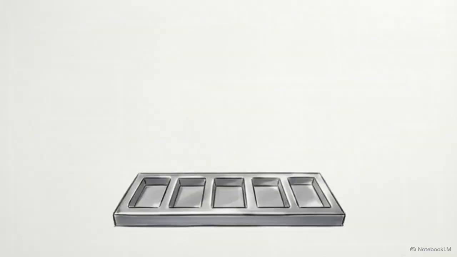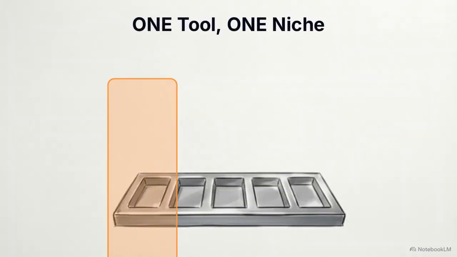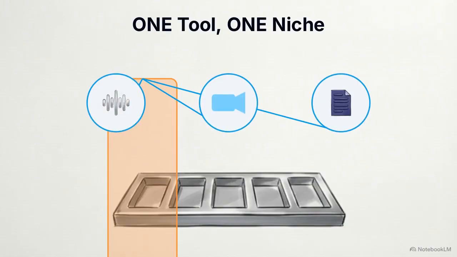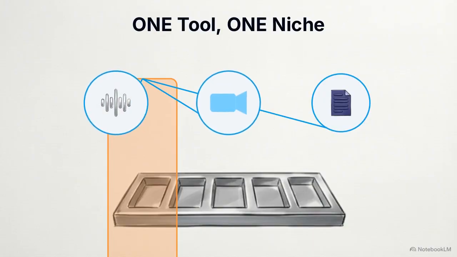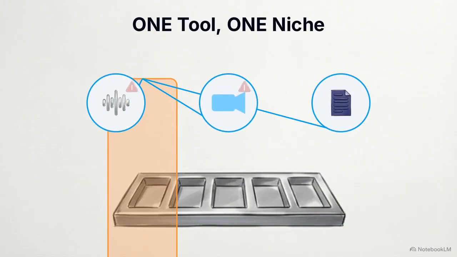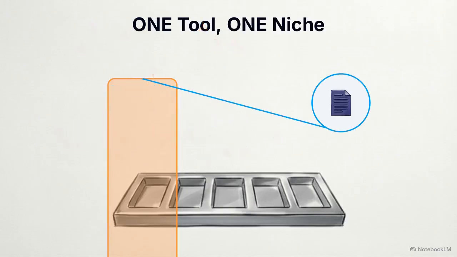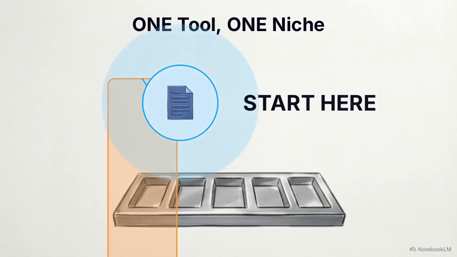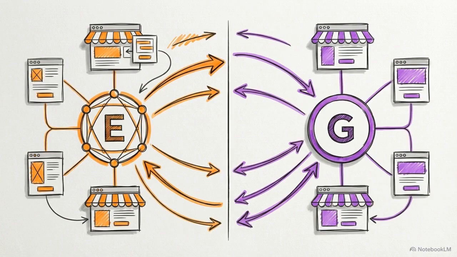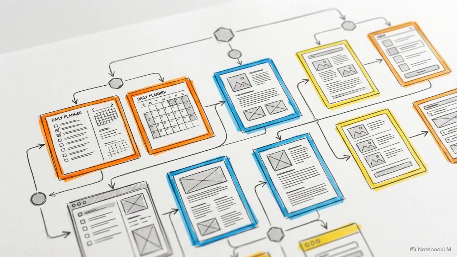Step 1 covers days 1 and 2. Your only job is to select one AI platform and one niche audience. Trying to learn image generators, voice cloners, and video editing simultaneously leads to burnout. Pick one path and stick to it. Spend this initial block of time exploring existing marketplaces like Etsy or Gumroad. Look for simple, high-demand digital items like Canva templates or targeted prompt packs that you can replicate and improve.